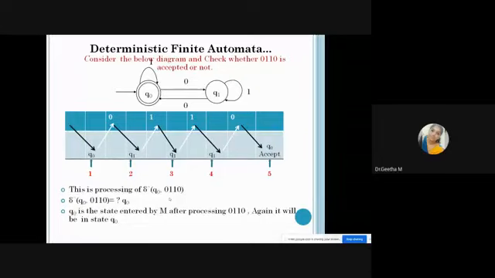So we have started from Q naught, one by one. At a time, this finite automata can handle only one symbol. So one by one you receive all the symbols present in the input. Then you see where it ends up after processing. According to this particular example, after receiving 0110, it is in Q naught. Since Q naught is an accepting state, the given input is accepted by this finite automata. So this is how we manually verify whether strings are accepted or not.